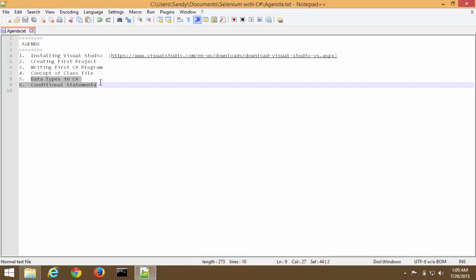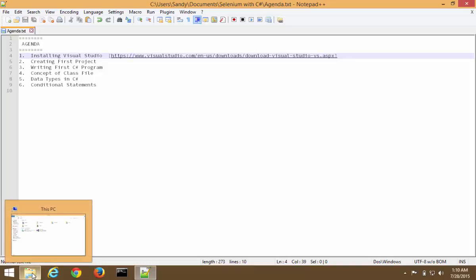So let's get started. Now, in order to install Visual Studio, one option is you can go online and you can download the free edition, which is called Community Edition for Visual Studio. So this is the link for that. Or even if you don't have the link, we can directly open the browser and we can search for download Visual Studio, and that will take us to the link that Microsoft provides to give the free access, free version